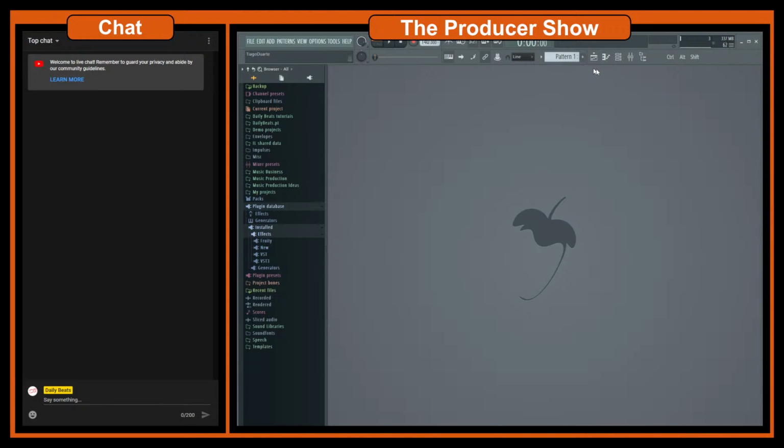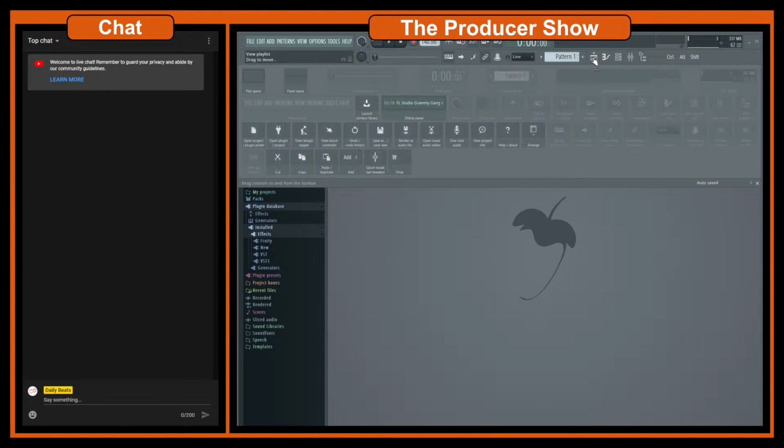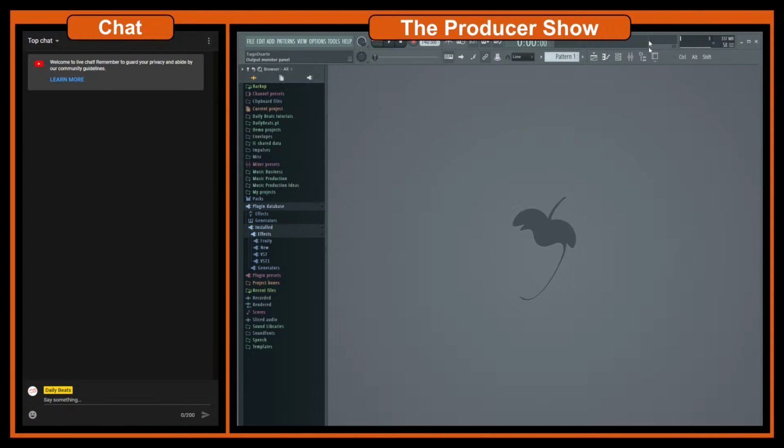You can customize these buttons here by right-clicking in any empty area and choosing Edit. Then you can just drag and drop the icons that you want, and you can bring them anywhere. Let's say I want to have this one here and close it. And this helps